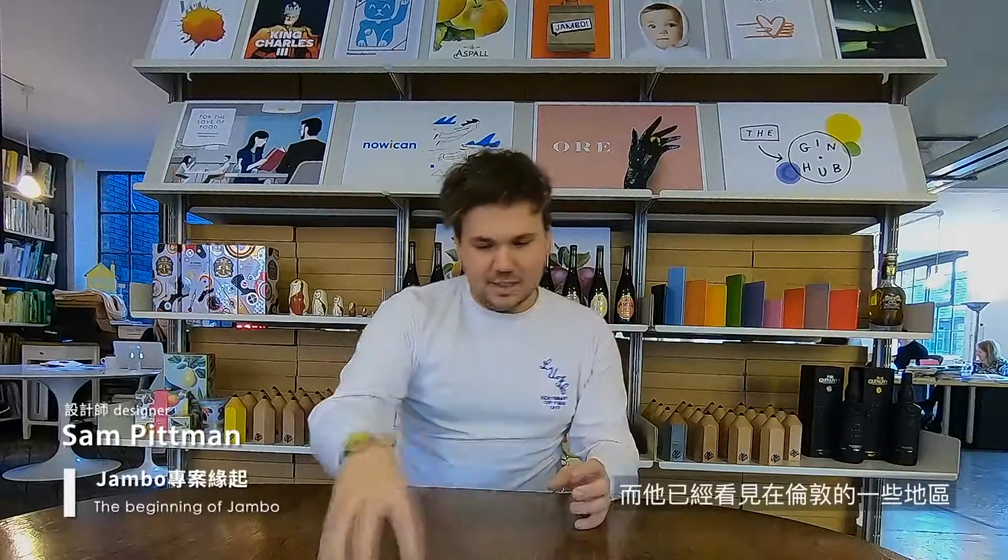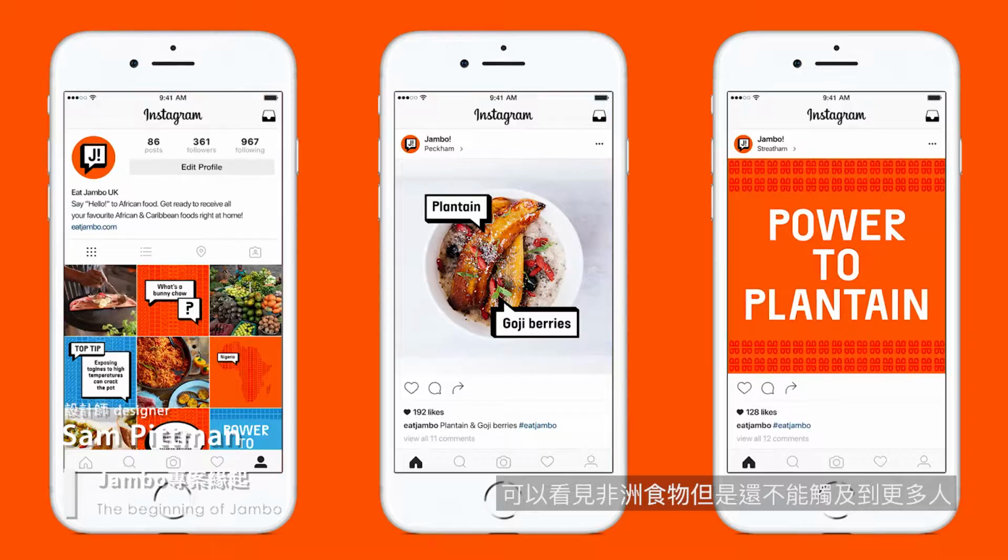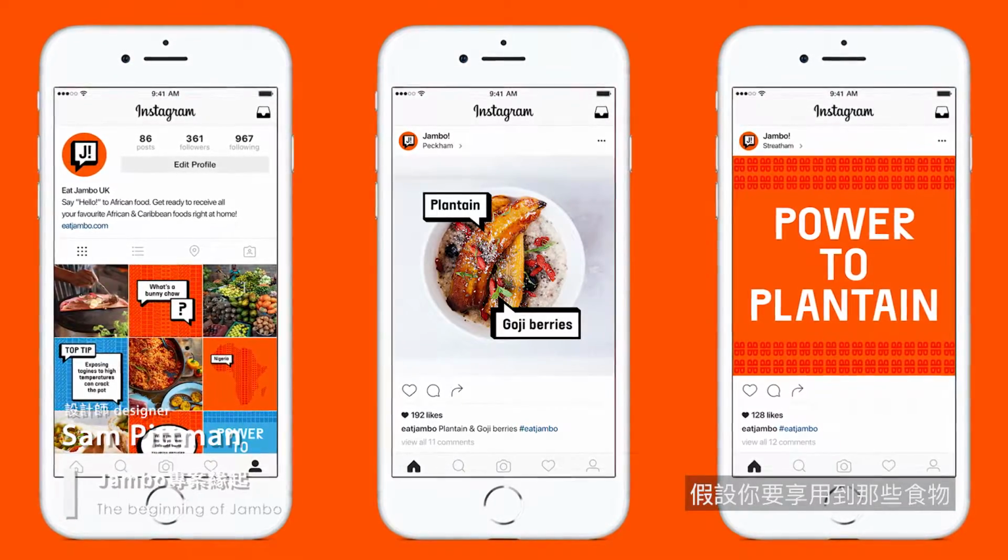So it was an entrepreneur, and he kind of came to us with this idea. He's from Ghana, so African heritage. He's lived in the UK most of his life, but his heritage is Ghanaian, and he had an idea that there's such a thing, a culture about food in Africa and good food, and he could see there were little bits in London where that food was, but it wasn't getting to people. You could only get that food if you lived in an area where there's a high African population. So his idea was basically a way of bringing that food, which is on the face of it quite